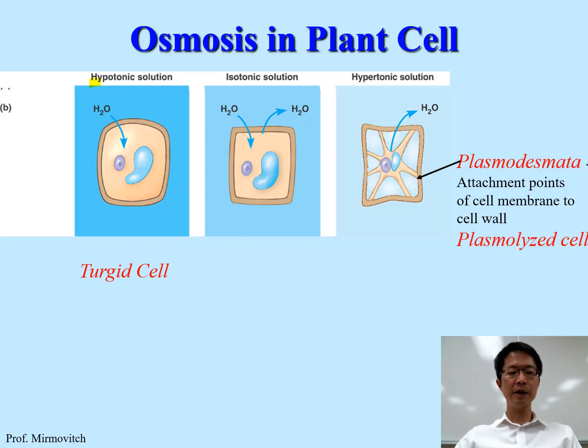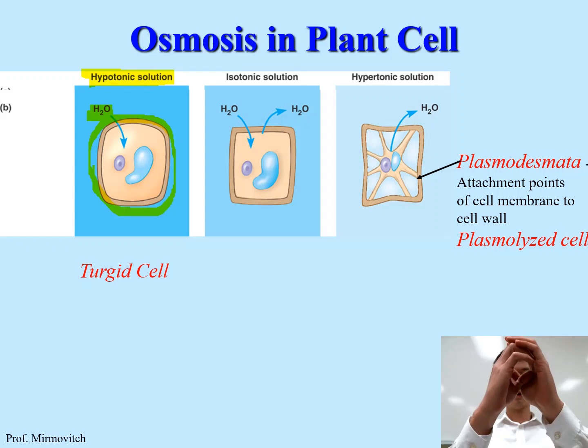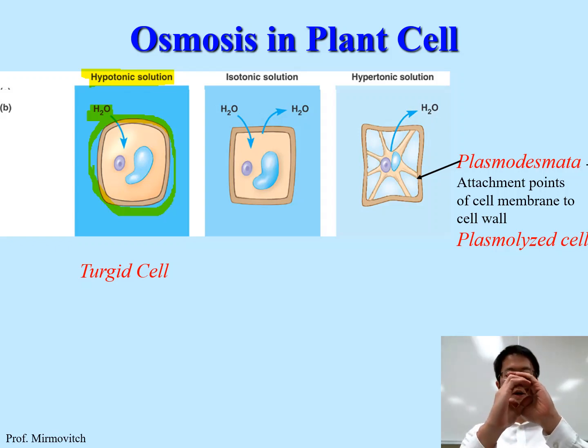When you put the plant cell into hypotonic solution, that means pure water, water will also go into the cell by osmosis. But plant cells have a cell wall. The cell wall will prevent the bursting of the cell. Meaning that the plant cell originally is like this, and after it absorbs water, it will become bigger. But because the cell wall restricts how much the cell membrane can expand, it will remain at that